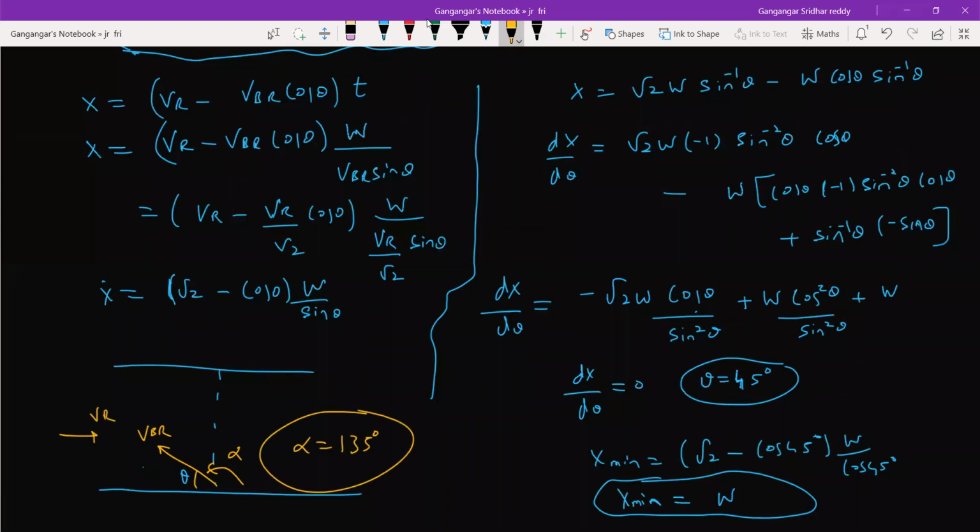Because anything I should measure with respect to river current. Theta is not with respect to river current. Alpha is with respect to river current. Now you have to be very careful in the exam. If you pick the theta option there, you'll pick the wrong answer. The direction of velocity of swimmer with respect to river, or velocity of boat with respect to river, should be mentioned with respect to river current, not bank. That is the convention they follow.